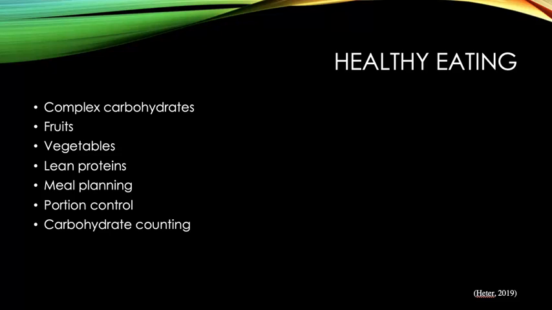The first component of self-management behaviors is healthy eating. Because of the chronic nature of diabetes and the skills for long-term discipline, it will be beneficial for the population to have knowledge of appropriate food choices. The importance of a balanced diet that is attentive to complex carbs, fruits, vegetables, and lean protein, and education on meal planning, portion control, and carb counting.